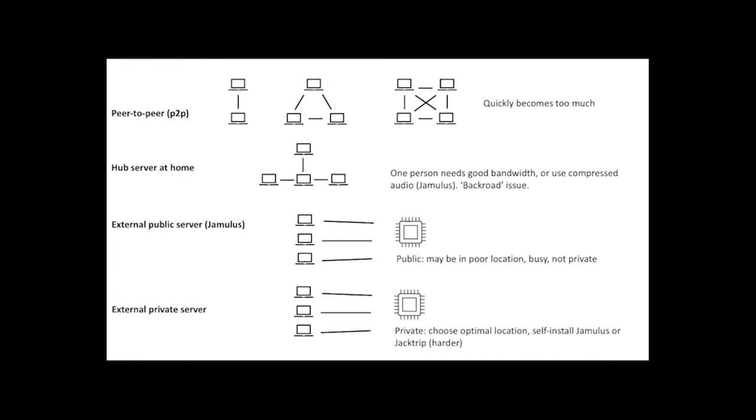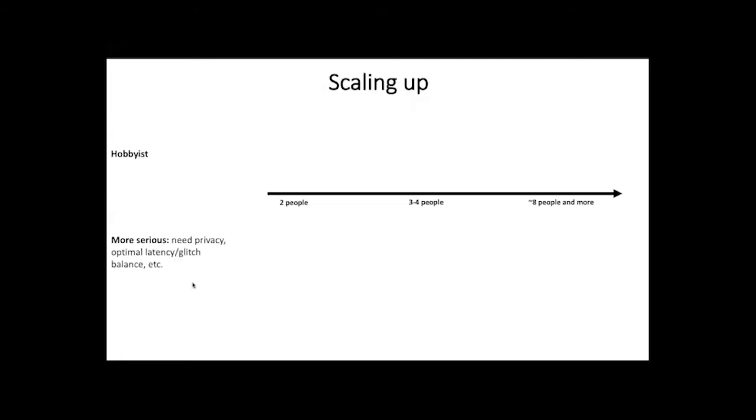So the next and final picture I want to show in the summary here is just a kind of spectrum of things you can try for different numbers of people. I've made two categories here, hobbyist and more serious. I wasn't really sure what to call them, and by all means, you might consider yourself to be in both of these categories, and that's completely fine. It's just a helpful way to organize the ideas.